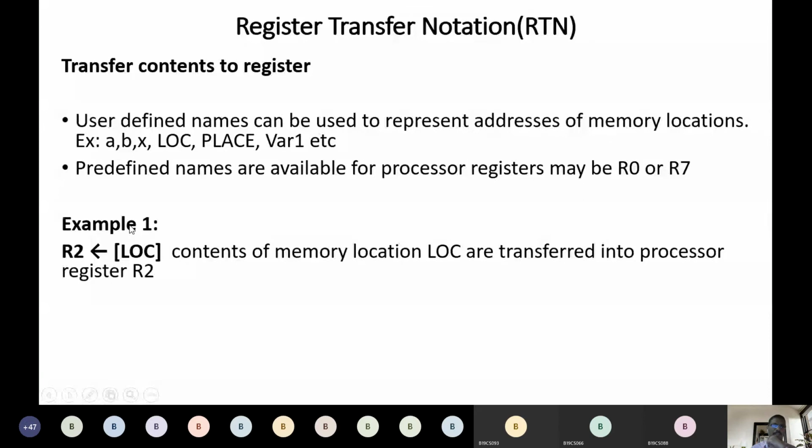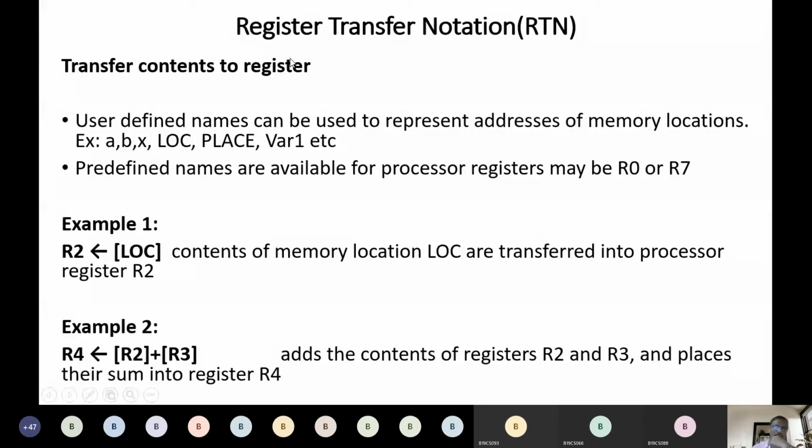This is the instruction, and this notation we call register transfer notation, RTN. What we are doing here is transferring the contents from main memory to the processor register.